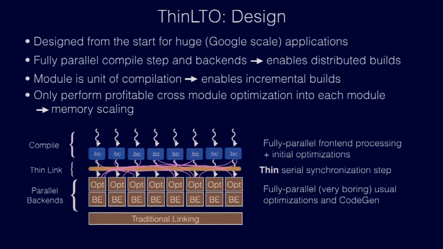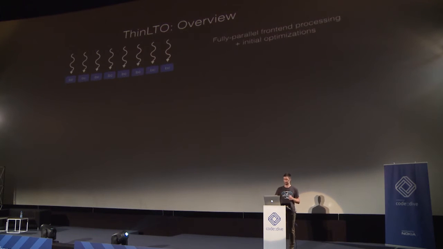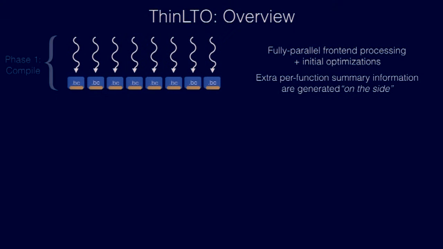And it works by using information from other modules, only what we need. It doesn't need to have the whole binary, every LLVM IR line of code, to do this. So how does it work? We generate this in parallel. We generate bytecode files, but we add some very small summary,